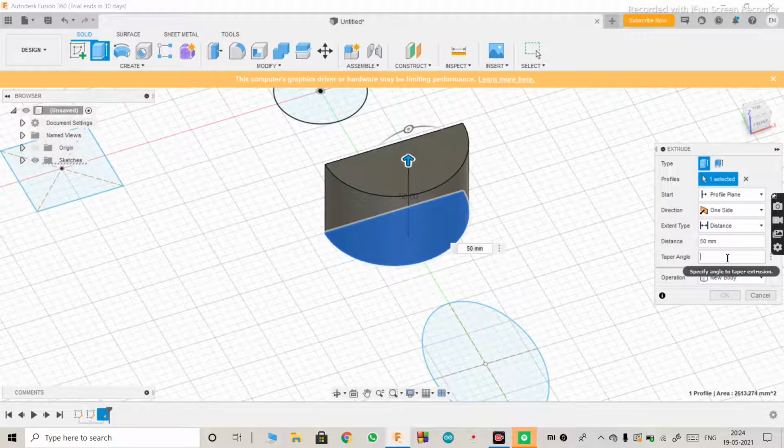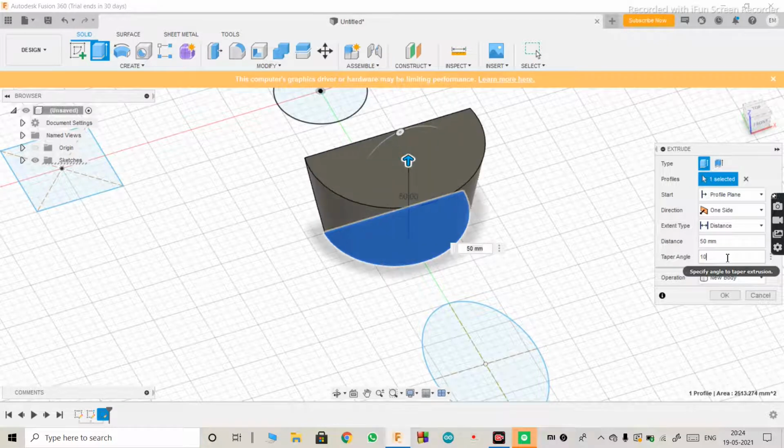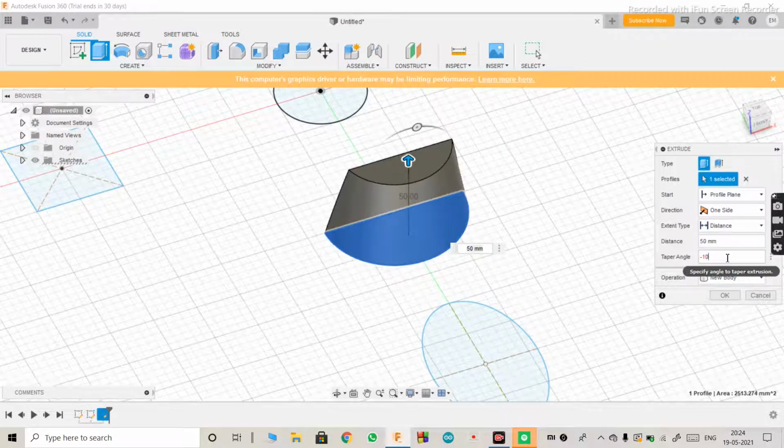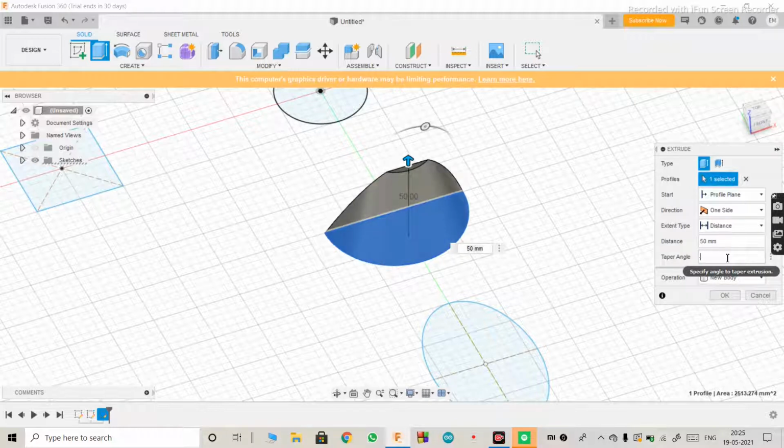If you type positive numbers, it will start expanding the other side. Like if I put 10, the opposite portion from where I started extruding has become bigger. And if I want it to be smaller, just put a negative sign in front of that, like -10. The part is getting smaller towards where you have extruded, like that. So for now I'll keep it 0 only,